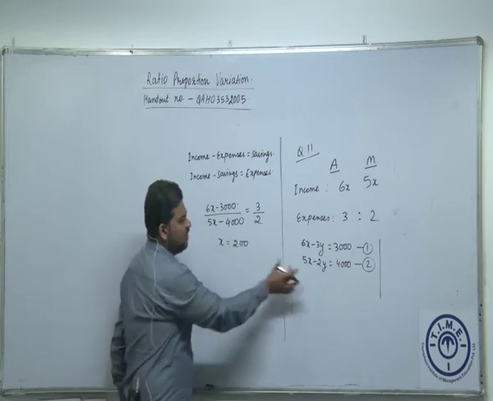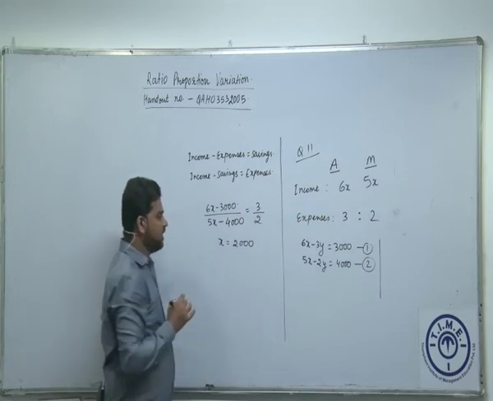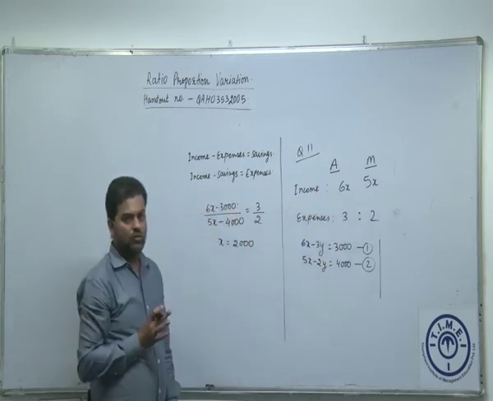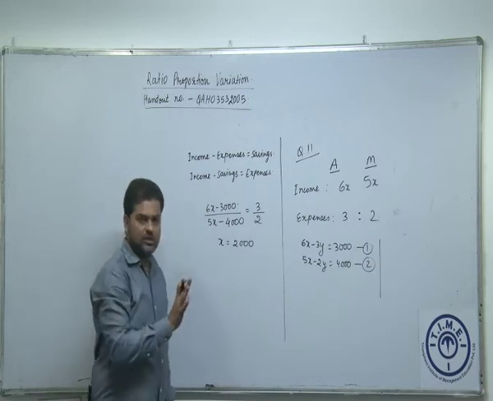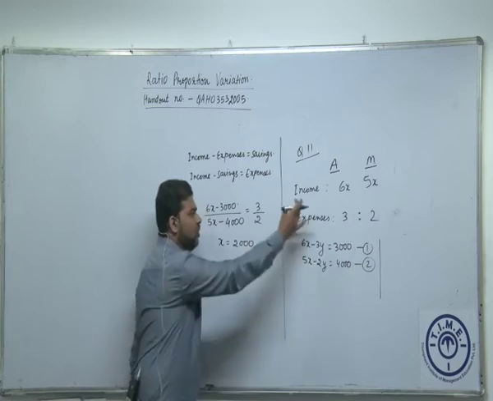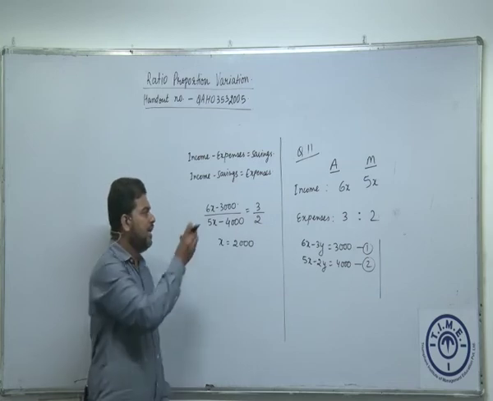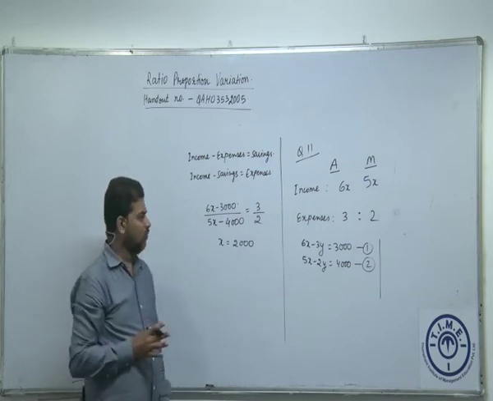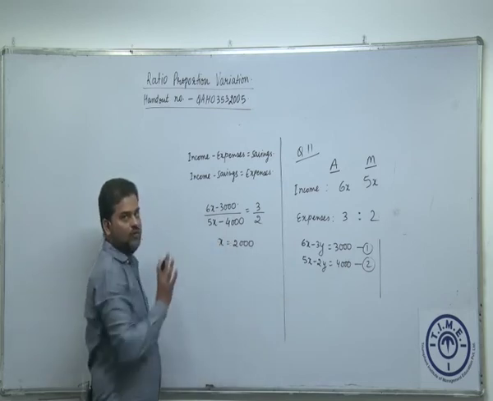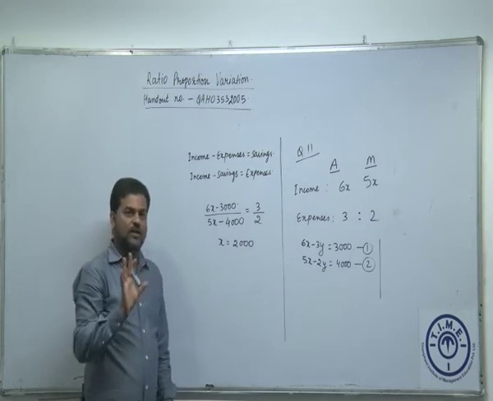Now this part and this part is basically solving linear equations. Alright. So we'll get the value of x as 2000 and we'll multiply it here, 6 into 2000, which is equal to 12,000. So either way, this way or that way, you can solve the question and get the value of x. Thereby, you will be getting the income of Anil. It will be 12,000. Okay. Here we are using two equations, two variables, and here we are using only one equation, one variable. So either way it can be done. I hope till here it is fine.